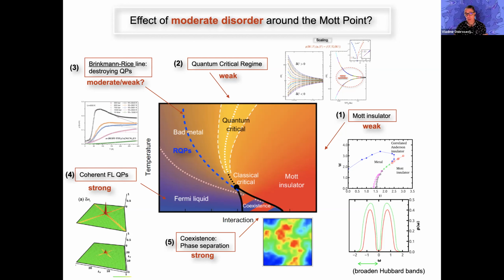And in fact, what I hope to convince you is that the effects of disorder are also very different in these different regimes. So there is not a single answer to what the disorder does. You have to specify which regime you're talking about, and then you'll get very different answers. I will go around this phase diagram from the insulating phase, all around through high temperature, and then coming back to the metallic side. I'd like to show you how some of these regimes are not very sensitive to disorder and others are quite sensitive to disorder.